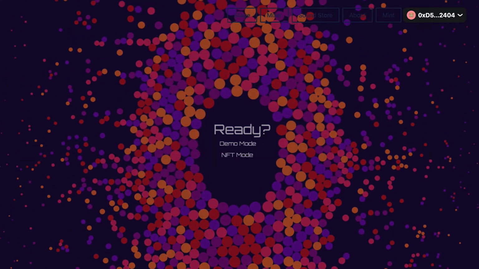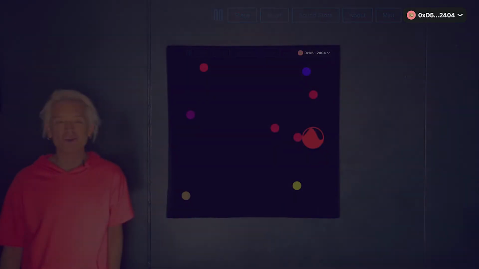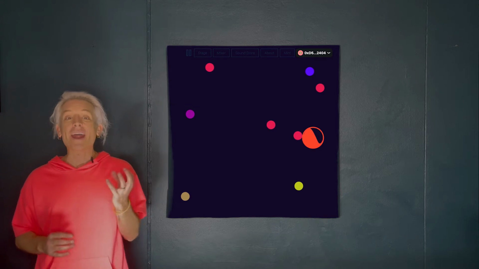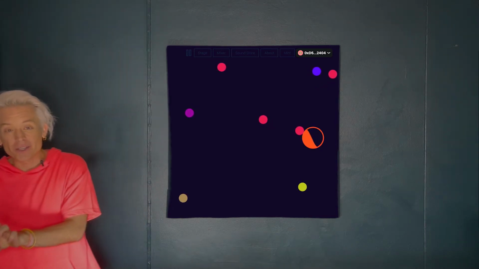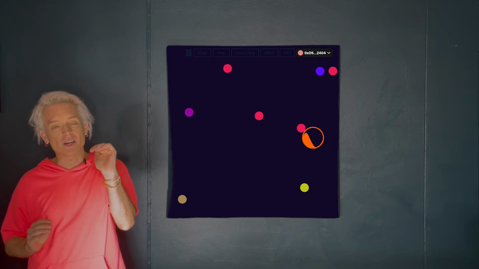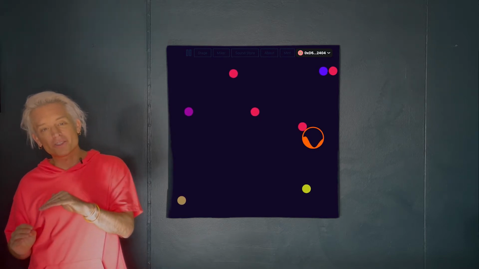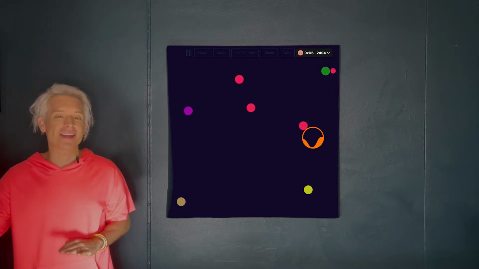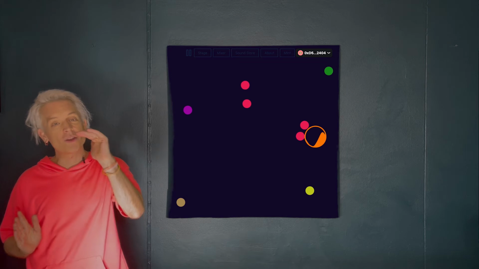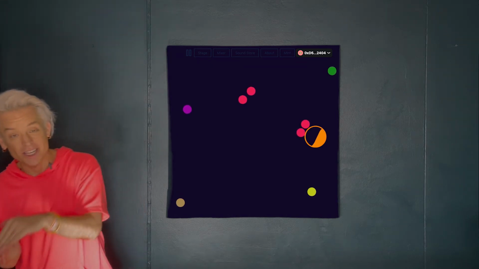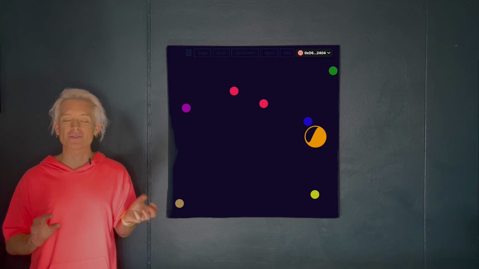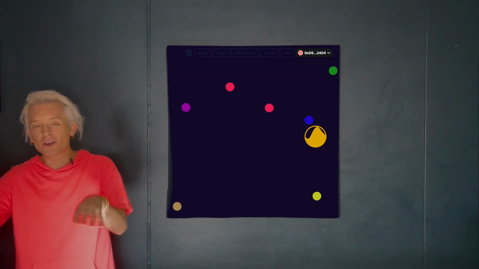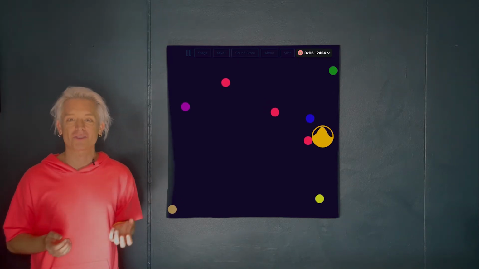If you do launch it in NFT mode, this is where it gets cool. What happens is if you own more than one sound in one category, those sounds morph to each other. So here we've got one pad sound over 16 bars of music slowly becoming another pad sound. And as it morphs from one sound to another sound, the colors change from one color to another color. Same thing happens with our rhythms and our drones. As they morph from one sound to another, the colors change and evolve too.